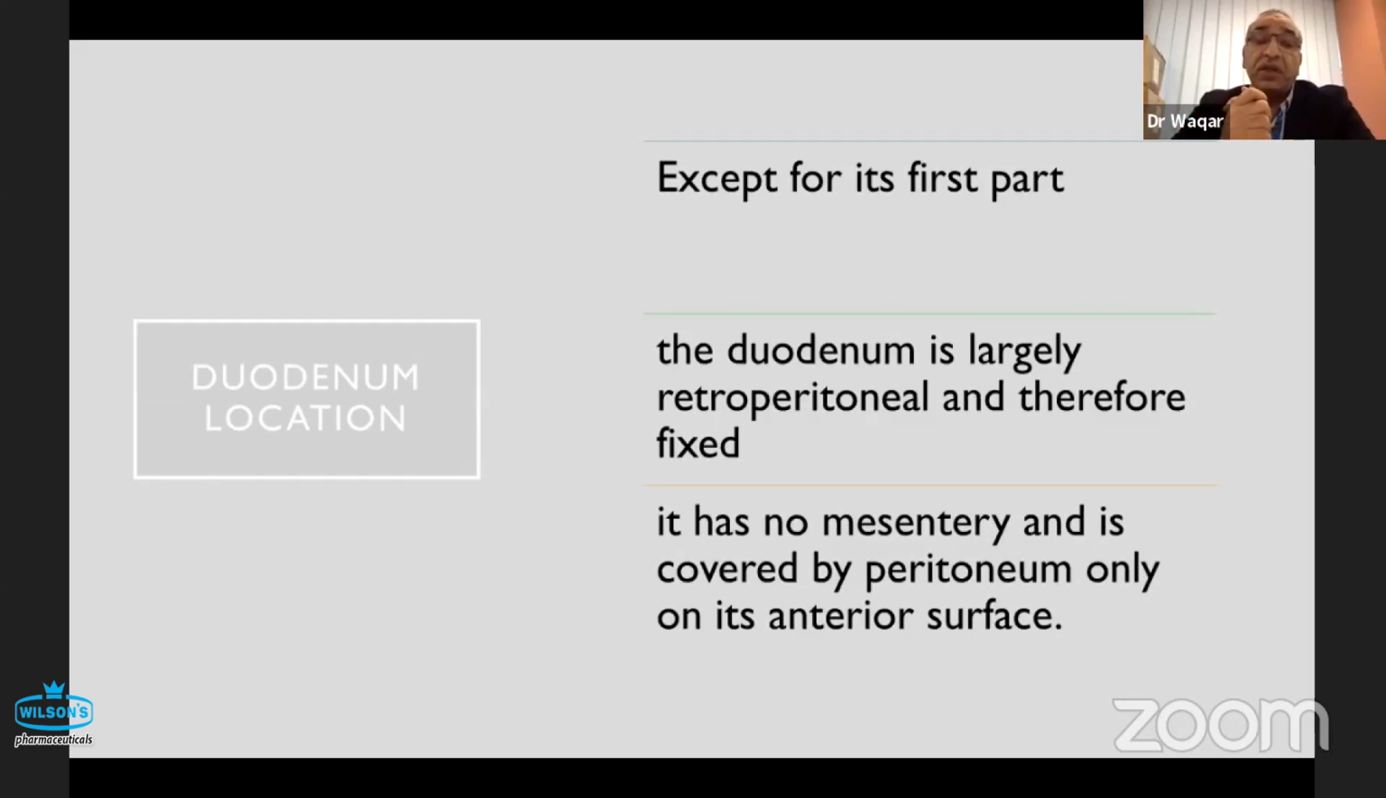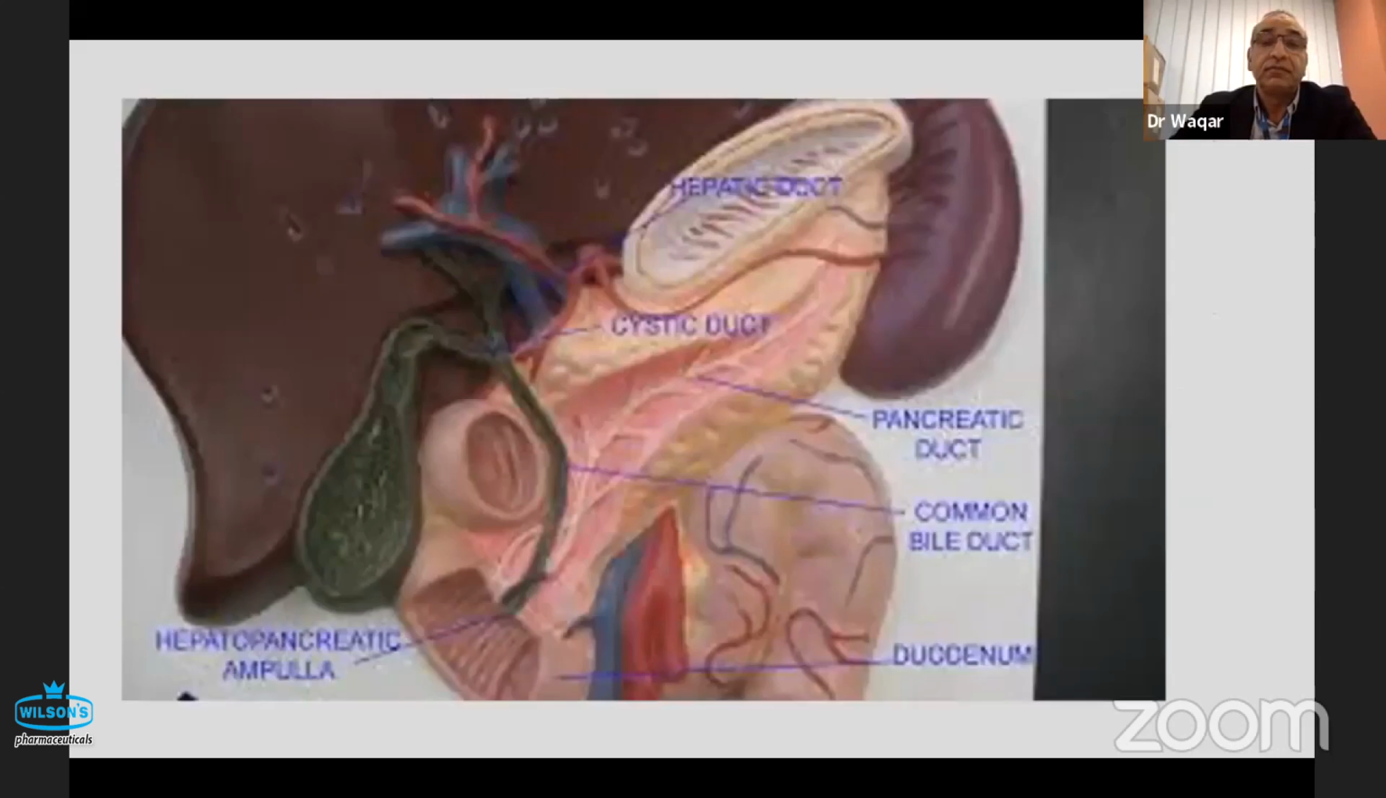And as I mentioned earlier, except for the first part, the duodenum is largely retroperitoneal and therefore fixed. It has no mesentery and is covered by peritoneum only on its anterior surface. Again, to reinforce the anatomical picture,